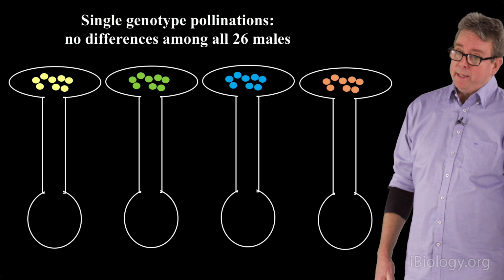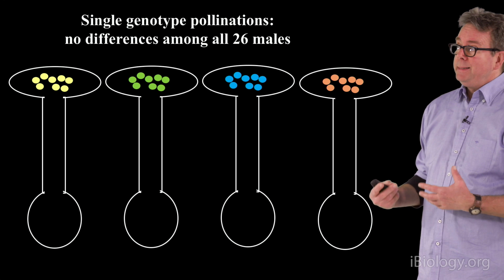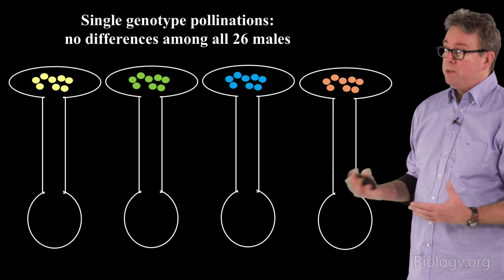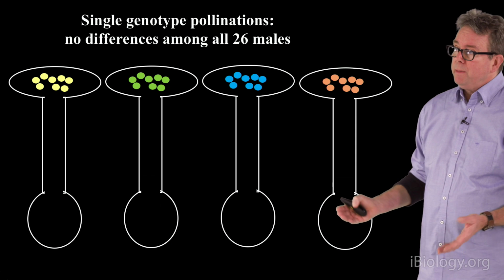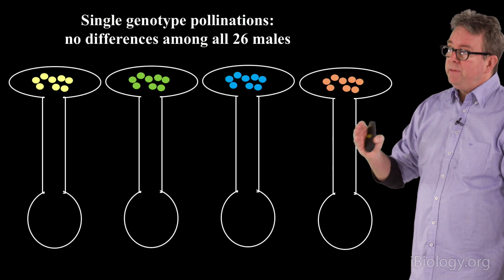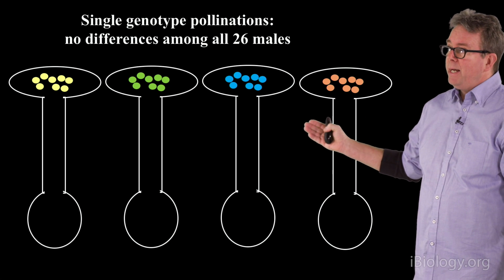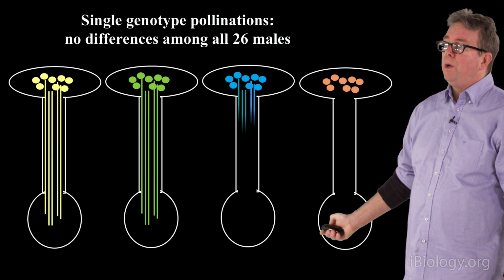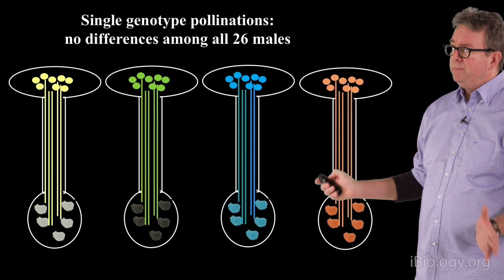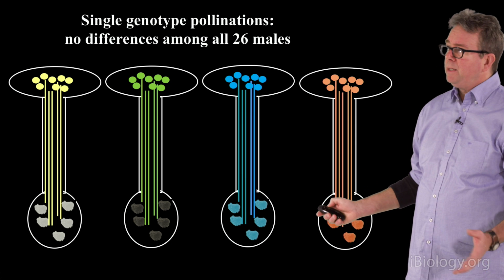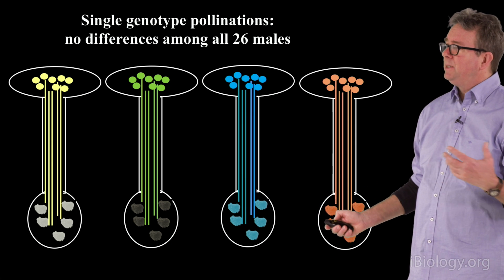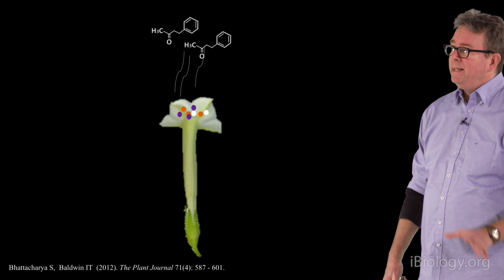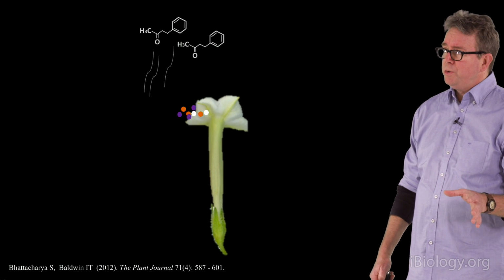Now, you may also be thinking that, well, maybe some of these men are wimps and are not really very good at siring seeds. So we did a bunch of experiments with single genotype pollination, giving each one of the 26 men an opportunity to pollinate seeds in both of the genetic backgrounds. And it turns out that all of them are perfectly viable men. They're perfectly capable of producing pollen tubes and fertilized seeds that are perfectly viable and fecund. So there's nothing wrong with the men. It's really a question of the females choosing.